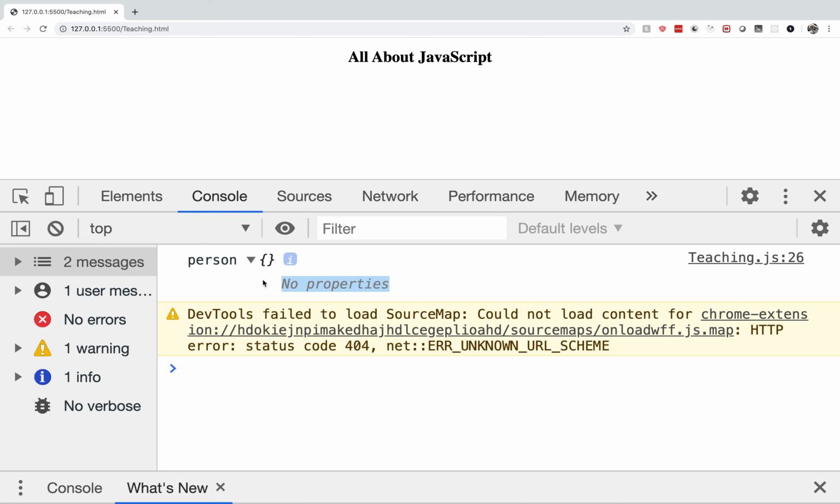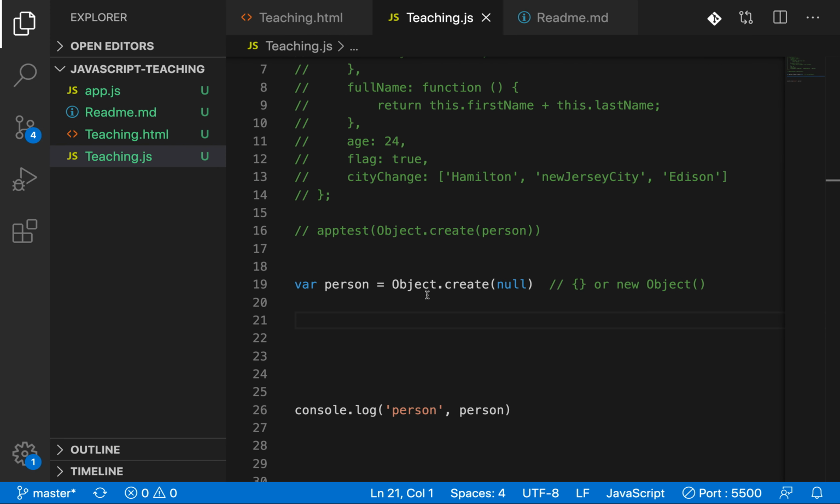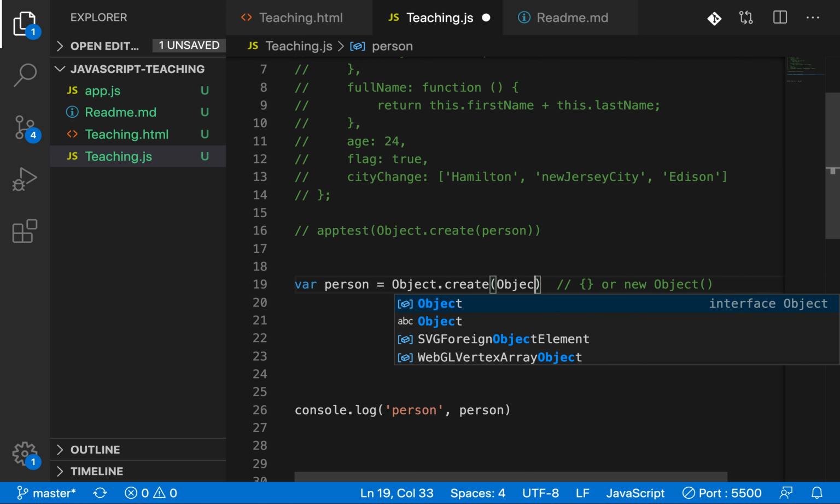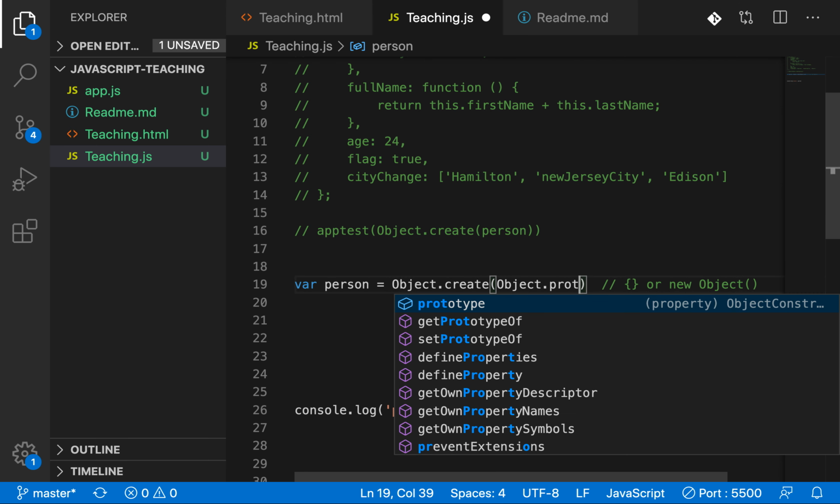Whenever you create an empty object normally, it has some basic methods in the prototype, like constructor, toString, valueOf. Those we can't access here. That's the difference between passing null or Object.prototype.